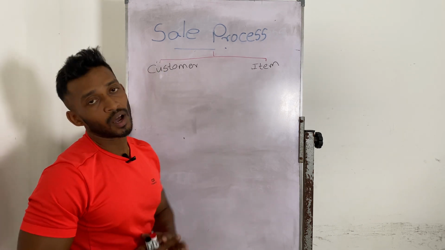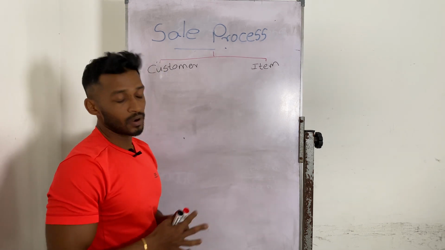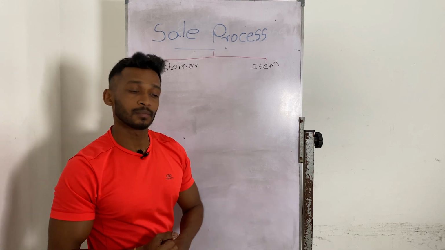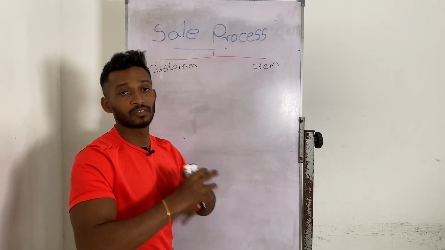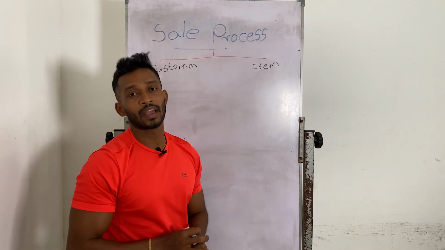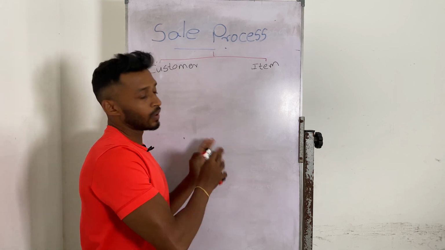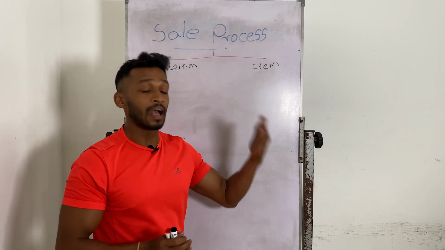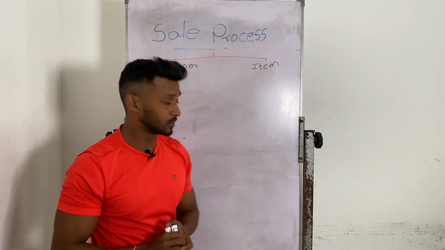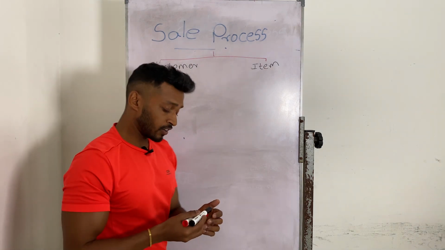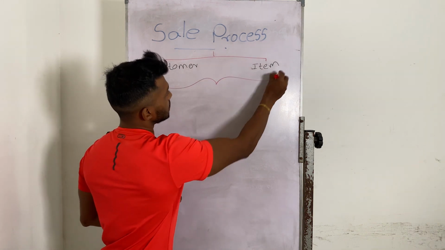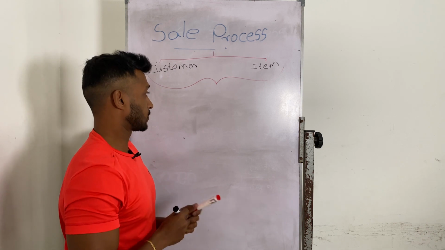When it comes to customers, we can have different kinds of customers, like local customers or export customers. Likewise, we can have different customer groups in practice. The same thing we can do in the ERP system: we can create customers and allocate them to different kinds of customer groups. After we identify customers and items, the combination of these two helps us to create a